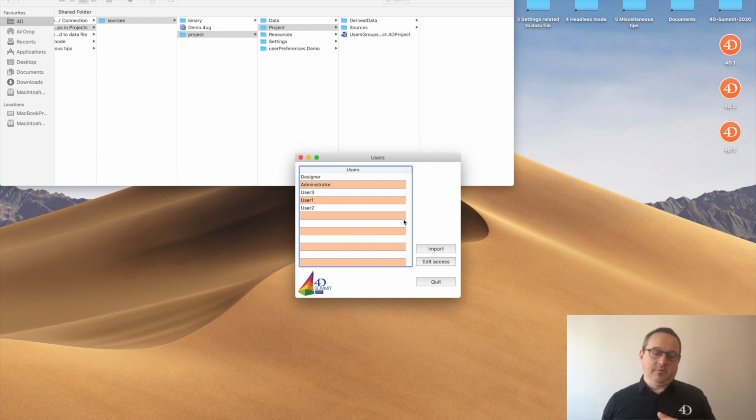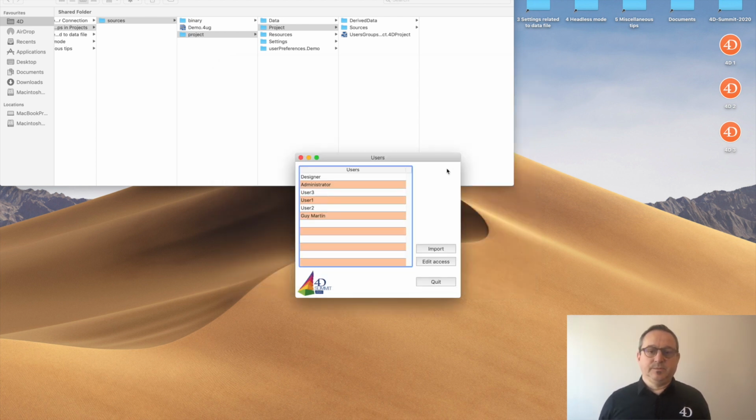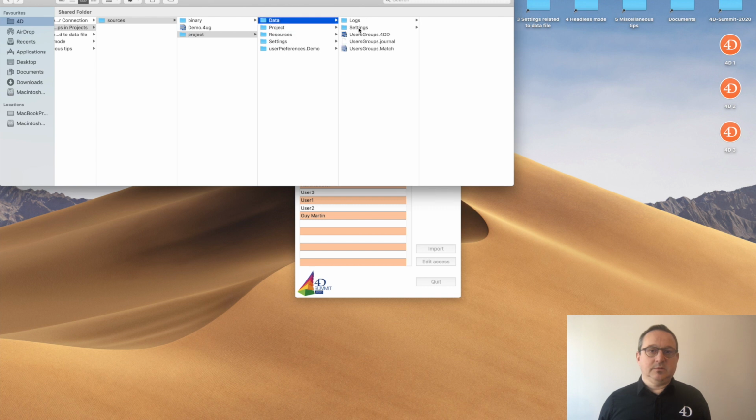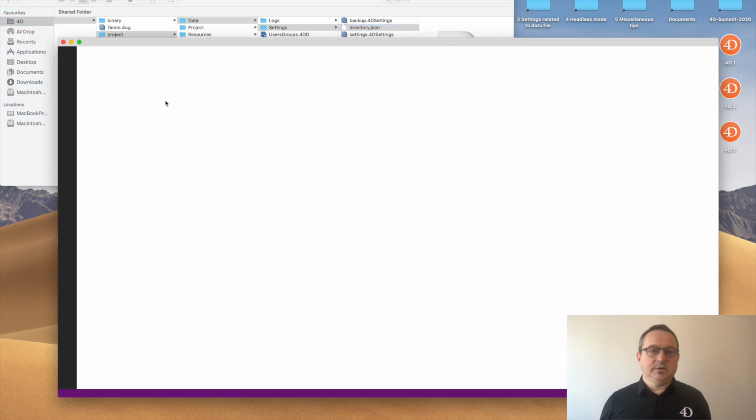As I said, the file near the data is used first, and if we edit access, I create a user, for example, and I can see that it has stored it in the directory JSON file near the data.